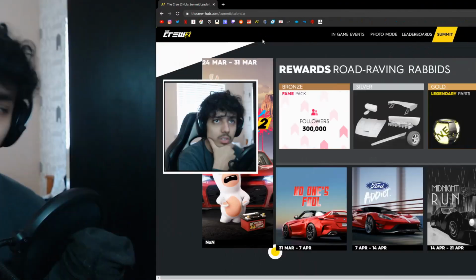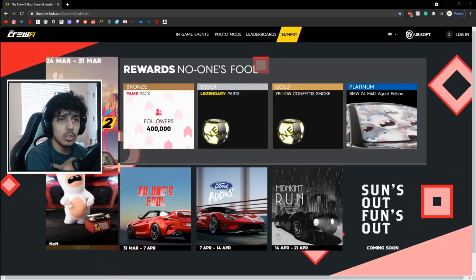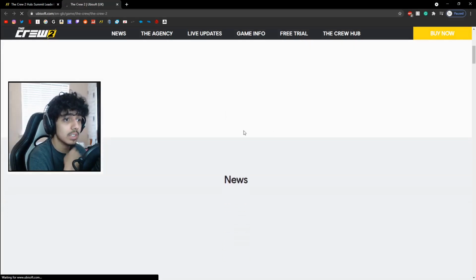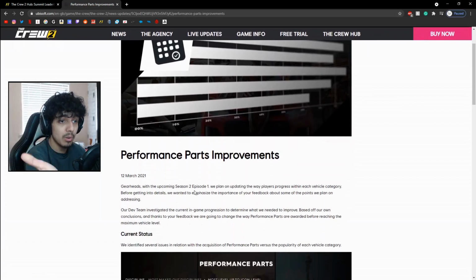Let's actually go into the game now. And by going to the game, I mean go into this article. Right, so here we are on the crew hub, right? See, of course, we got the rabbits, all of that stuff. But if we go to the crew and we scroll down to news, you can see before all the agency stuff, they announced this just before it, there is the performance part